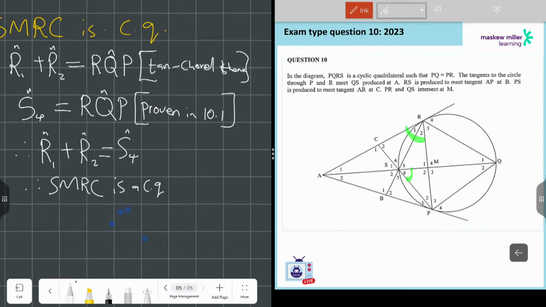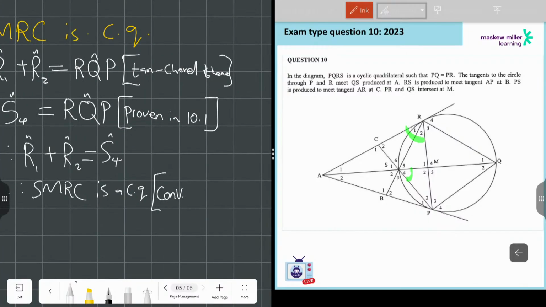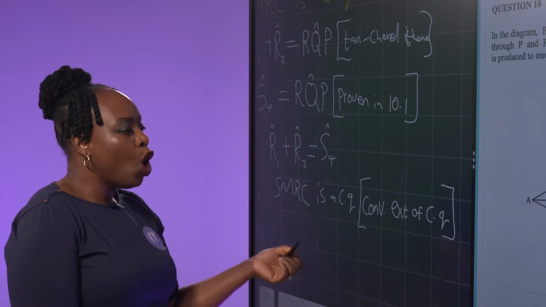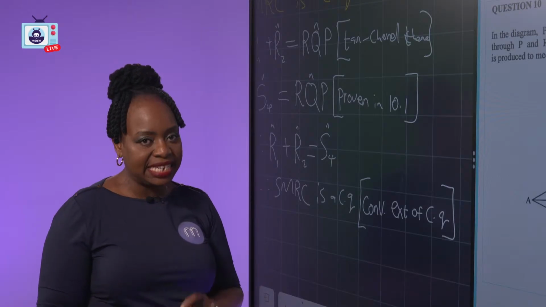We don't just say that and move on. We always must put a reason. I always just prefer to use the converse, right? So that is the converse of the fact that the exterior angle of a cyclic quad equals the opposite interior angle. So we can say converse of this theorem, or we can say that is the exterior angle of a quadrilateral